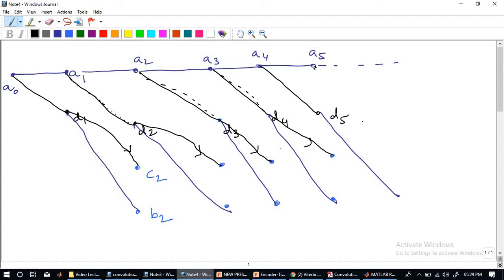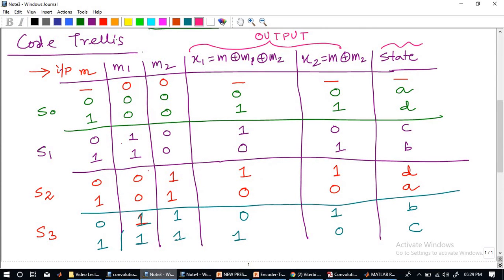Did you get what I am asking? Based on this, you have to go through. For example, now after this point, you can see A1 and D2 is done. A, D is done. Now we are left with B and C. Can you check what are the states it can go to? If I go back to the table, so C is 1, 0 is my state. 1, 0 is given by state of C. So from 1, 0, if 0 comes in, it will stay at C. Whereas for 1, 0, if 1 comes in, it is going to B.